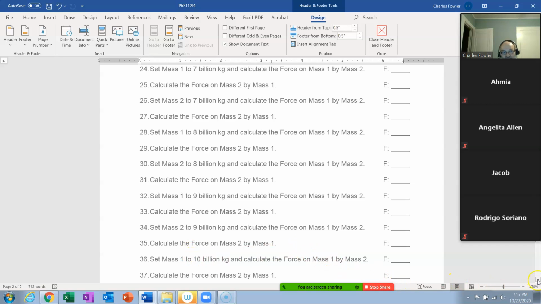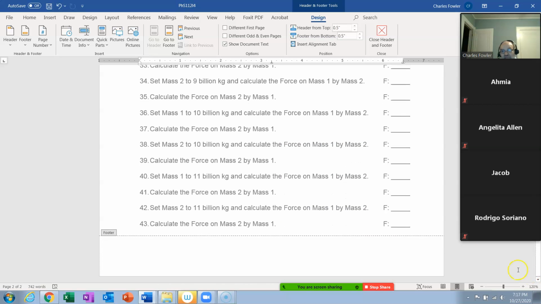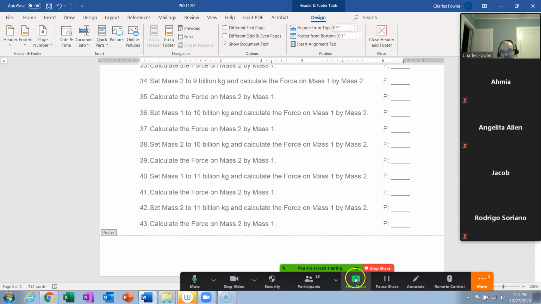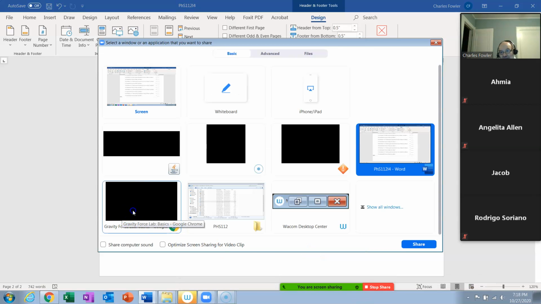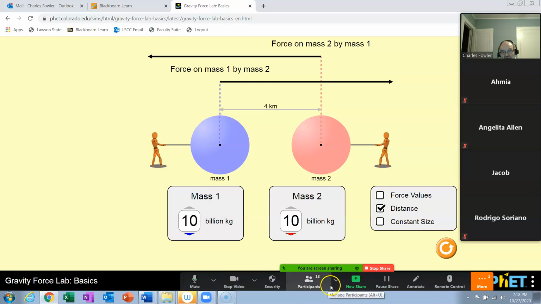Okay. We're getting near the end now, folks. Okay, they're in sight. So now we're going to set mass 2 to 10 billion kilograms. So let's do that. Go here and set mass 2 to 10 billion kilograms. There we go. Boy, the forces are getting longer, aren't they? Okay. And go to our whiteboard,